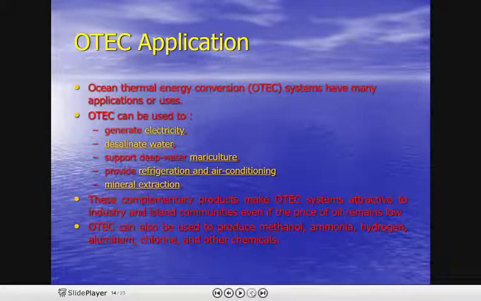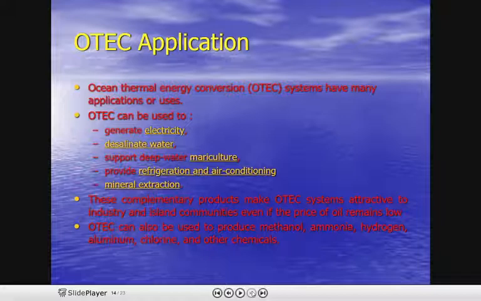OTEC can be used to generate electricity, desalinated water, support deep water mariculture, provide refrigeration and air conditioning, mineral extraction. These complementary processes make OTEC systems attractive to industry and island communities, even if the price of